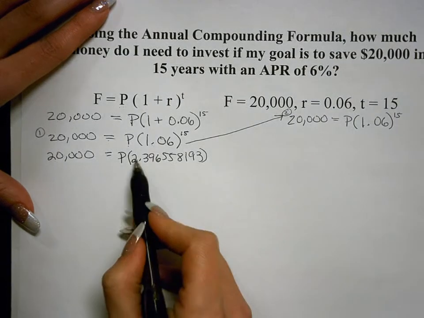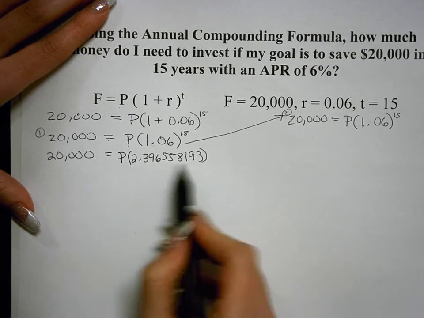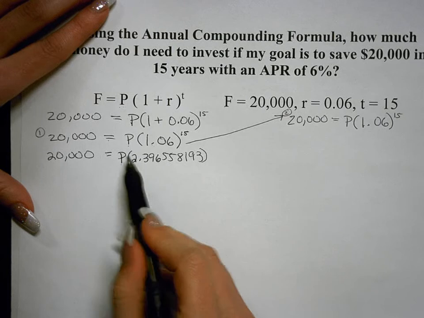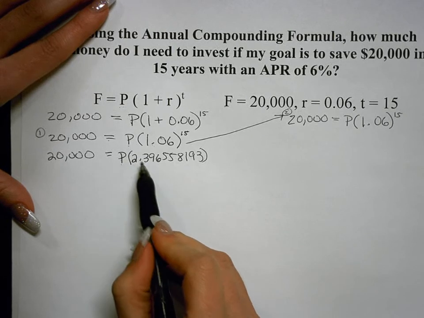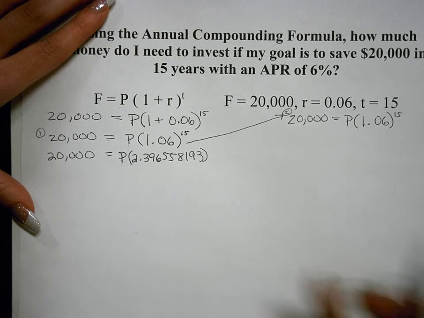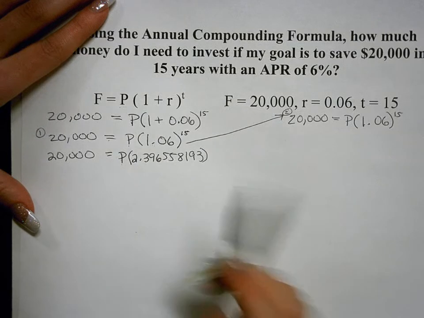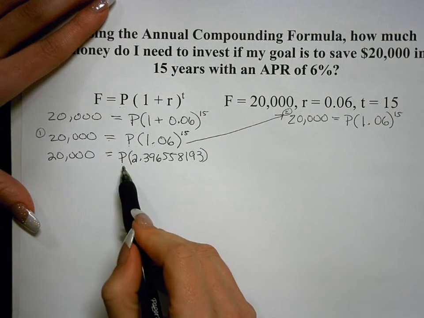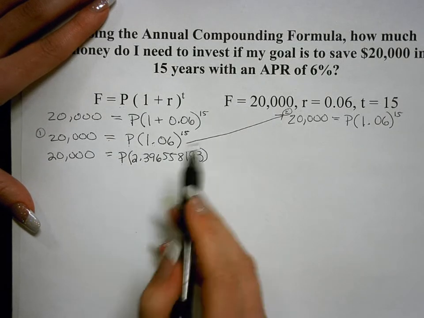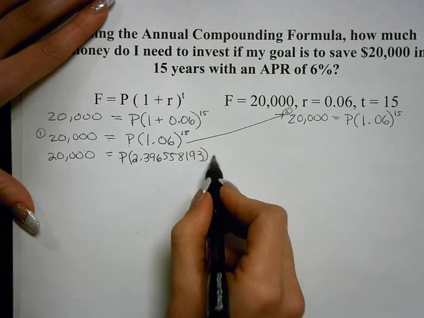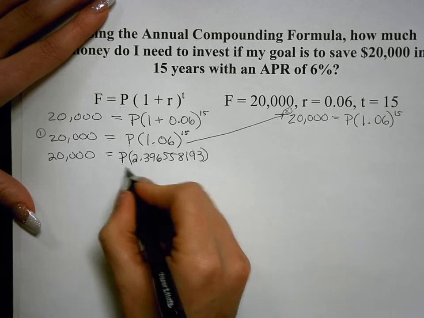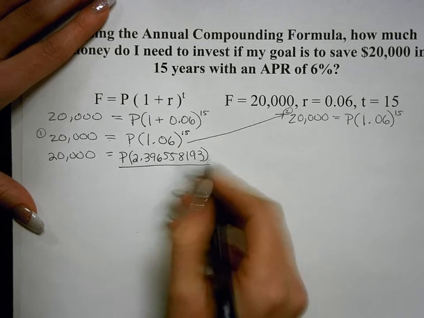So now what we're trying to do is isolate P. Well, how is this big old long number related to P? Well, this is the same thing as P times 2.39 and so on. So to isolate P, to get P by itself, we have to do the inverse operation of multiplication, which would be division. So that means we have to divide by whatever this number is. So we're going to divide this by